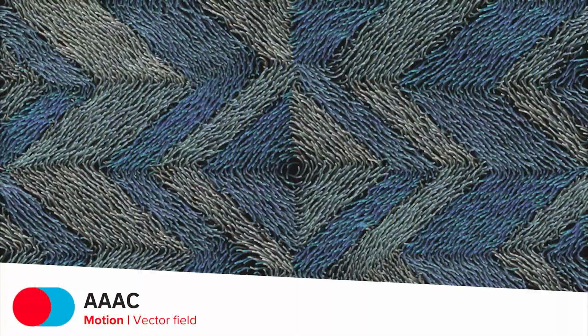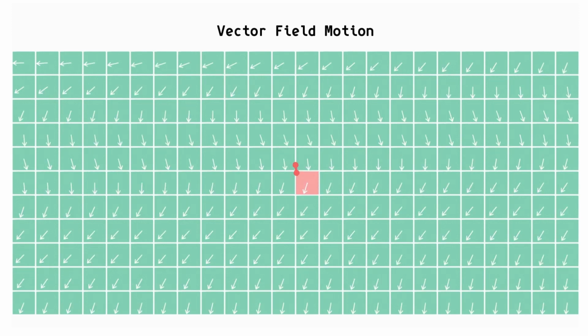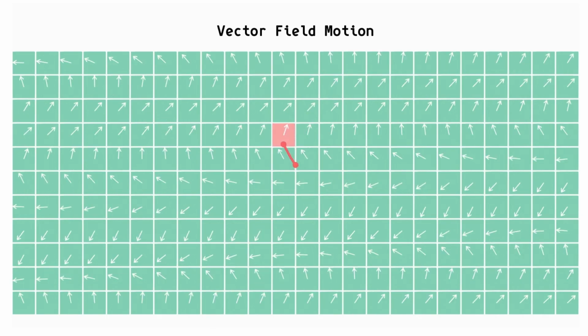How I achieve the motion, okay? So the idea to move all the agents using this choreography was to use a vector field. A vector field is just this. You have many different tiles. Every tile has a direction. So the agent follows the direction that the tile is on, so they move according to that direction.